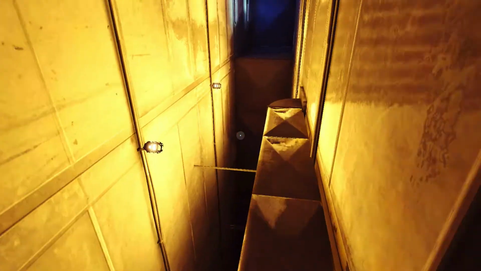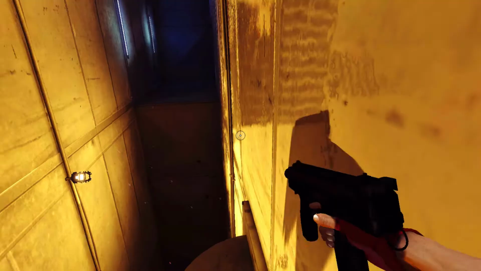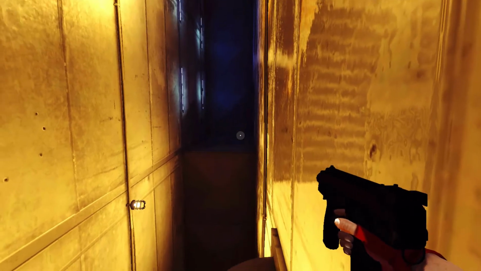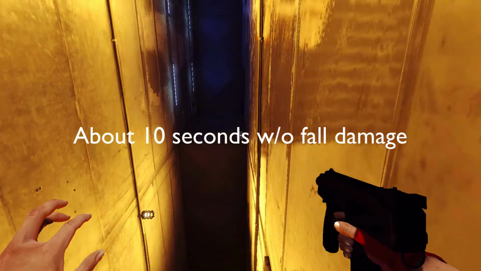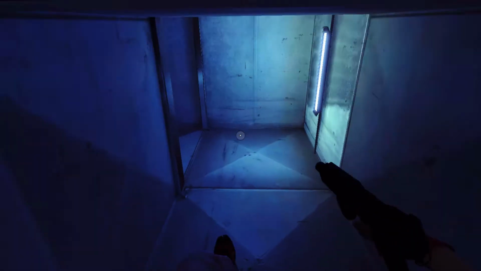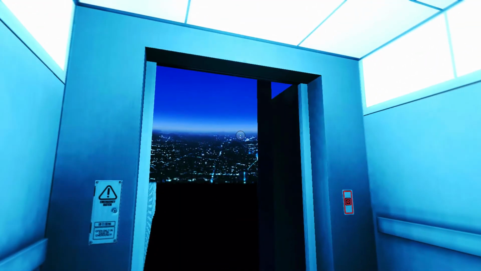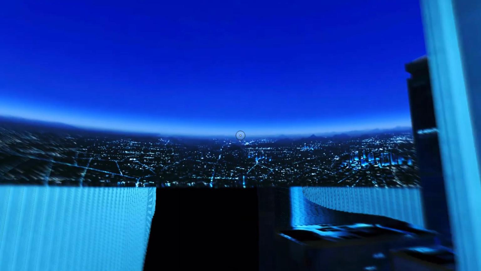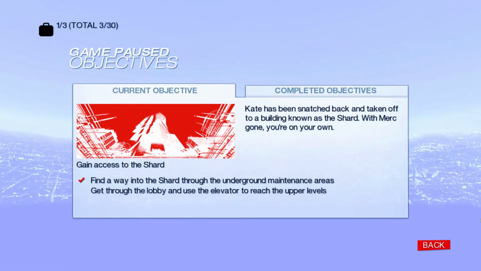If you land in here without taking any fall damage, you'll have to wait a very short amount of time before you can run again. If you do it high and you take fall damage, you'll have to wait at least 15 seconds. And if you do it without fall damage, it's more like 10 seconds. That's why it's important to do it as soon as the thing disappears, because then you'll land without any fall damage. And most splits